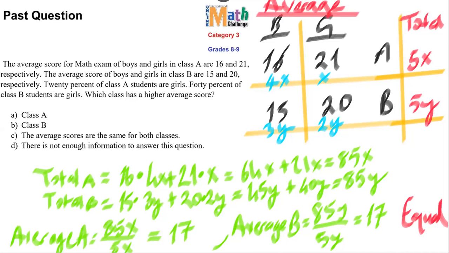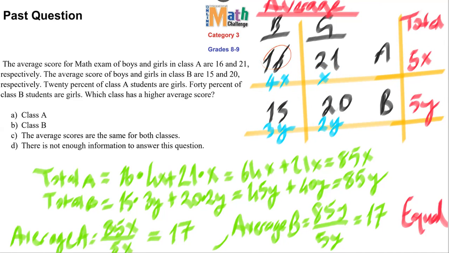Likewise, it says that the girls in B, where was it? Percent... 40% of girls. Okay, so here the girls for class B are 40%. If this is 40%, this is 60%. So if we take the ratio, if this is 2y, this is 3y. So according to the ratio, the total number of students is 5y, and the total number of students in A is